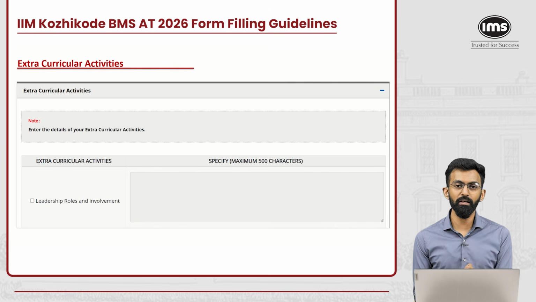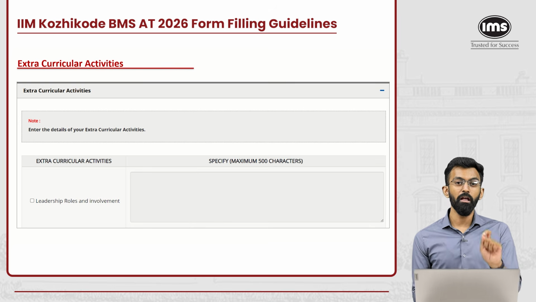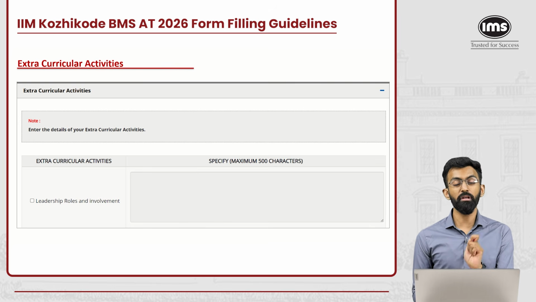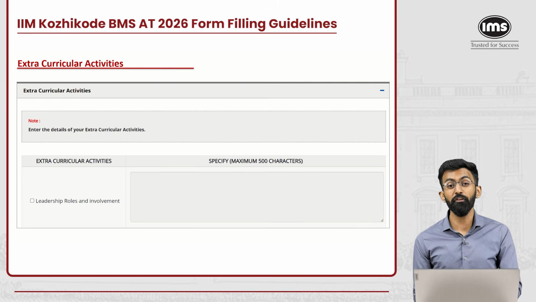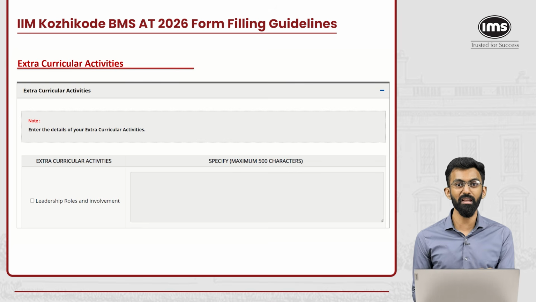It is not mandatory to fill information for all the 4 buckets or even a single bucket. But the important thing is that if you want to fill information for any bucket, you cannot exceed more than 500 characters. Now, it is not 500 words, it is characters, which means that a space is counted as 1 character. Because we have this constraint, please make sure that you are using a concise, precise, and brief manner to